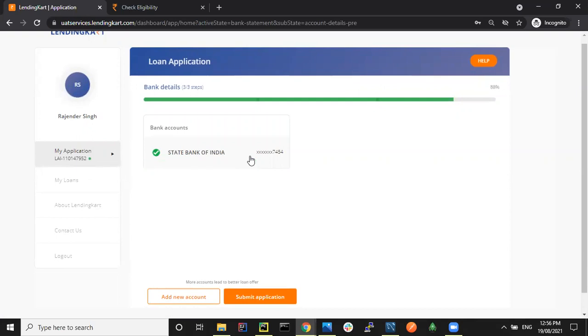Once you have entered the password and they are parsed, we have received your 12-month bank statement. Once you submit the application, your application will be processed and you will receive a terms offer on the basis of that. So that's how the Gmail flow works, right from approving the consent to fetching bank statements from the financial institutions, uploading into the Lending Card application, and, on the basis of that data, your Lending Card loan application is processed. Thank you.